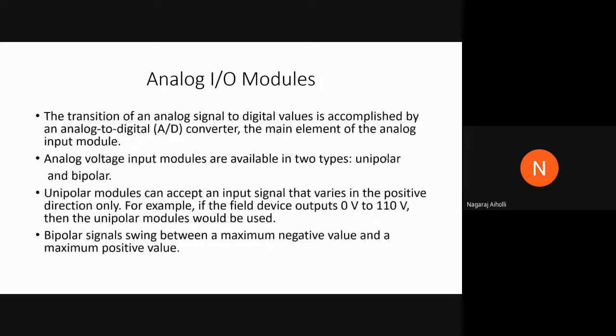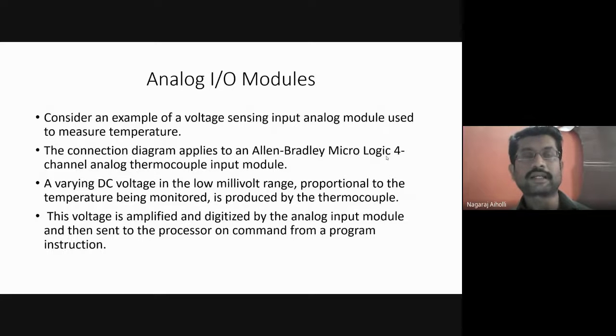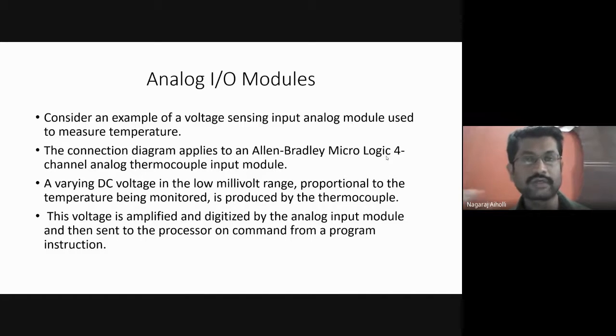Then I have given the example of a thermocouple. A thermocouple is nothing but when we connect two metallic wires at two junctions. You have studied this in your PU level, right? When we maintain the two junctions at two different temperatures, voltage or current will flow in the circuit, and this is called the Seebeck effect. This voltage is measured by the PLC. A small voltage is applied to the input section of the PLC, and then it is able to measure this thermocouple voltage.